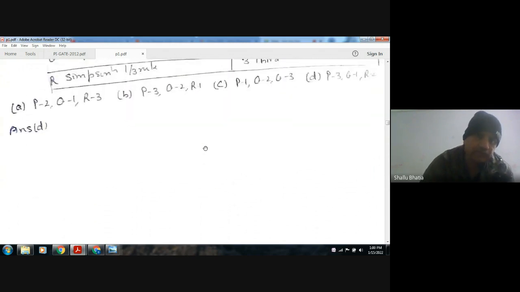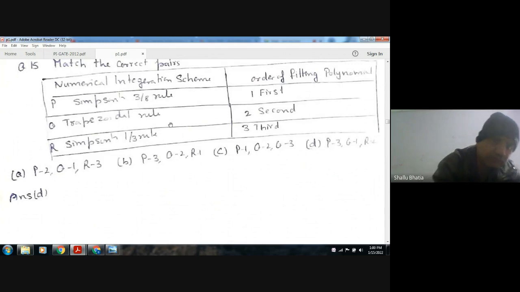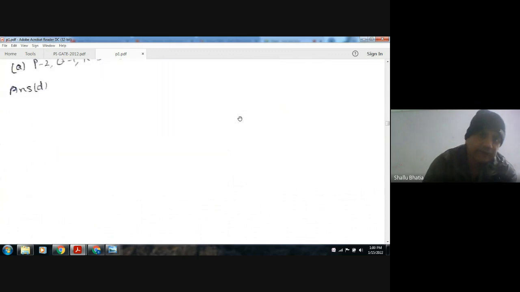This question has been asked in previous papers also. Simpson's one-third rule is a parabola, so it is second order. Okay. Next,